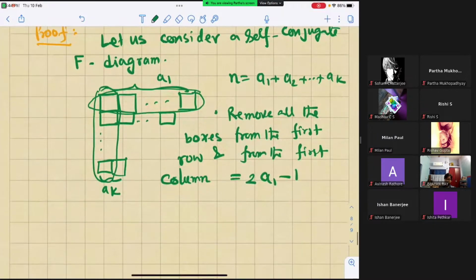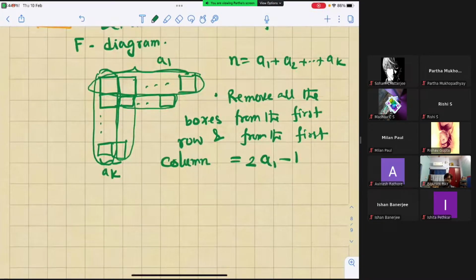After you have removed it, remove from the second row and the second column. How many will you remove? Repeat. So this is 2a2 minus 3. Correct. Repeat this process